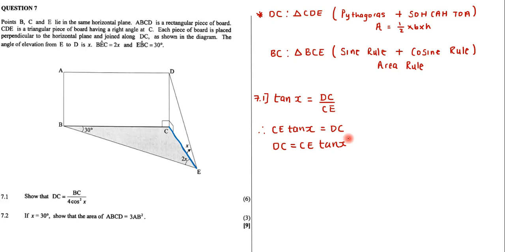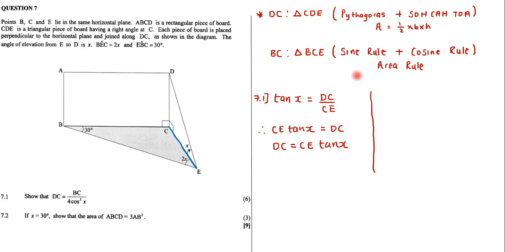All right, now to make this easy, what I'm going to do is divide this space right here, and then I'm going to talk about the other side here, which is BC, right? Okay, now let's have a look at BC. BC is a non-right angle triangle, right? So which means now, to calculate BC, I might use either the sine rule or the cosine rule,